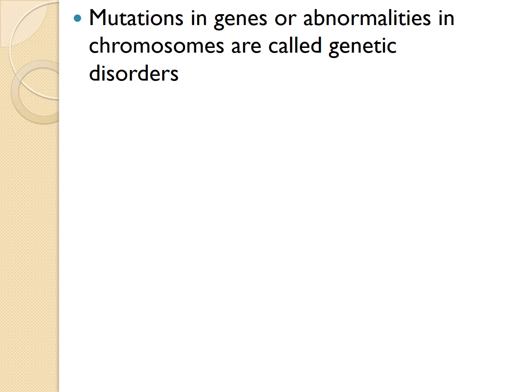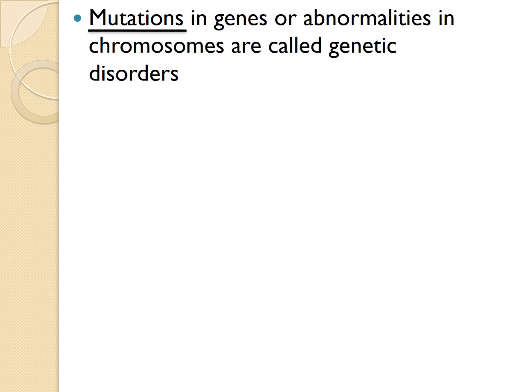Here we have a new word, that is mutation. What do you mean by mutation? Now it's written mutation in genes, correct? We learned when we started this chapter that every cell has a nucleus. In the nucleus you have chromosomes. Chromosomes are nothing but condensed DNA, and DNA is a collection of a lot of genes together. Genes, I told you, are made up of nucleotides, and there are 4 types of them: A, T, G, C. Correct? I hope you remember that.